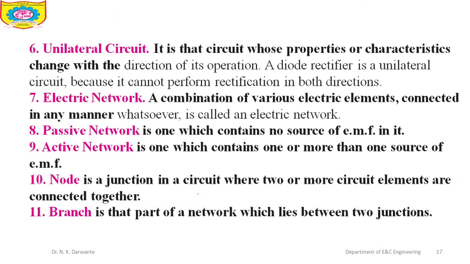Similarly, in unilateral, there are certain circuits where the direction change is not possible and not allowed. For example, if we are using a diode in a circuit, then we know that a diode is unidirectional, having unidirectional properties. It works only in one direction, that is, in the forward bias direction the diode works. In the reverse bias direction, the diode does not work.